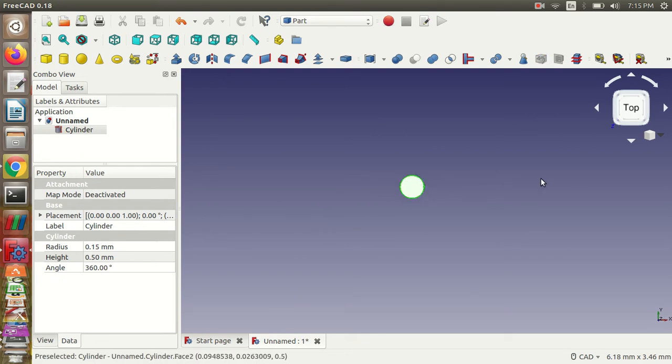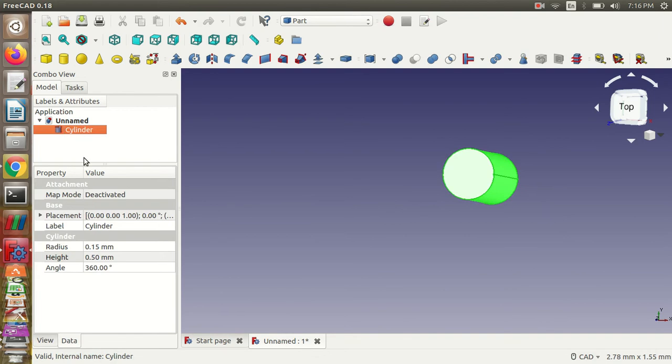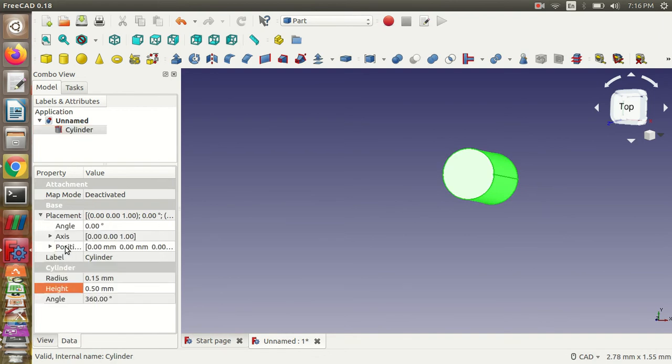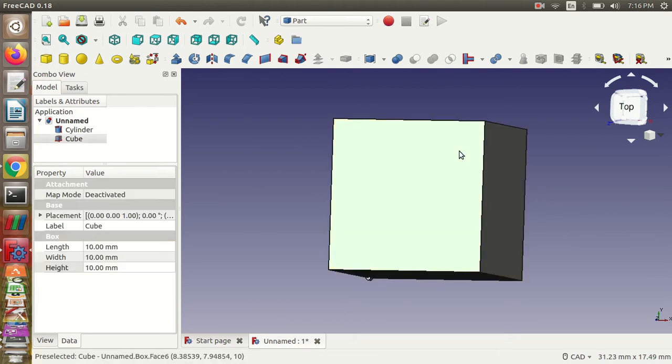So now our cylinder is ready, so you can watch it here. So I'm just going to place this cylinder. Before doing that, I'll quickly create the rectangular object.